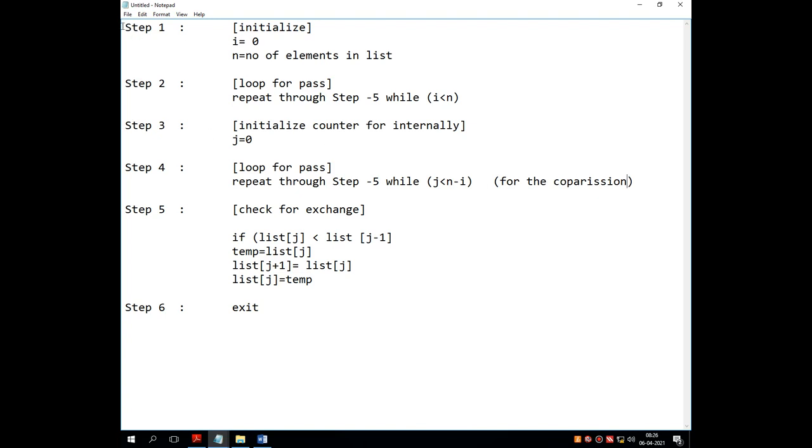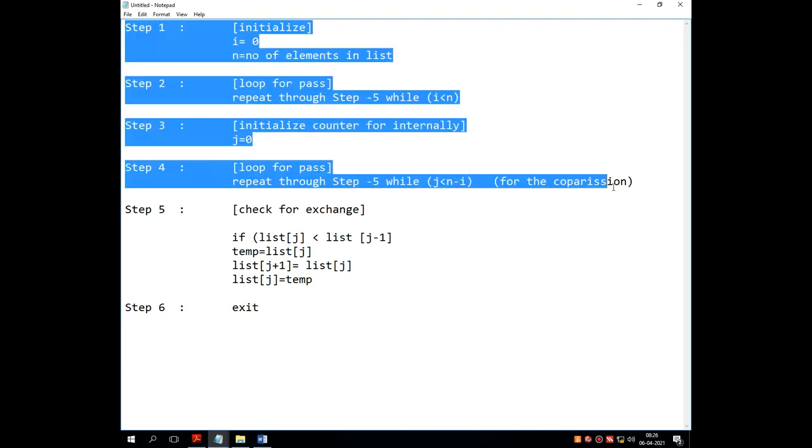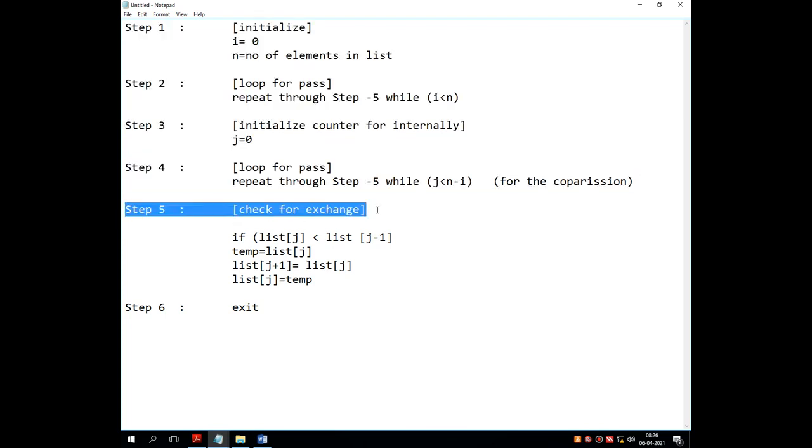Once every step is settled, that means if the entire structure of bubble sort is set, it exchanges the values as per the list given by the user. So for that, simple swapping logic has been used.